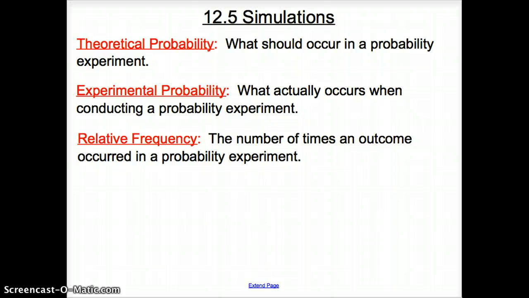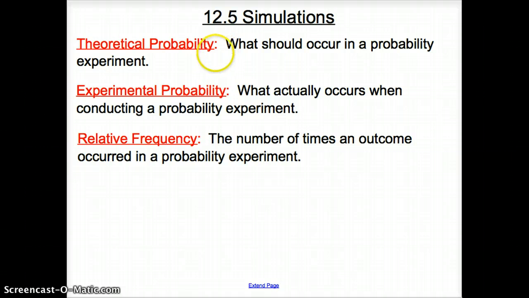Now here we go, ladies and gentlemen, with some vocab words right away. Theoretical probability. That is what should occur in a probability experiment. So if we are flipping a coin, that would be an experiment. Theoretically, it should be 50% heads, 50% tails. Or if we're rolling a dice that has sides 1 through 6, each side should occur 1/6 of